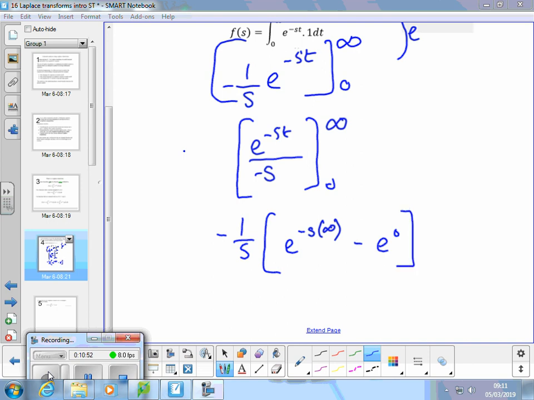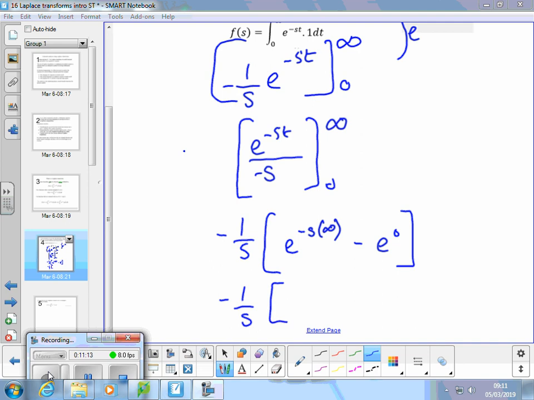So that's the value of what's inside there when put infinite, take away the value of the lower bracket. So upper bound, lower bracket. Yeah? That's minus 1 over s